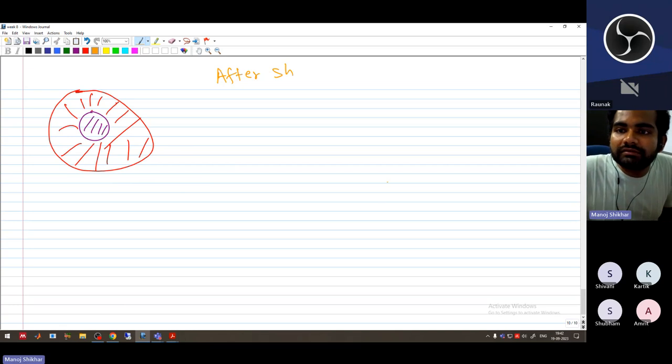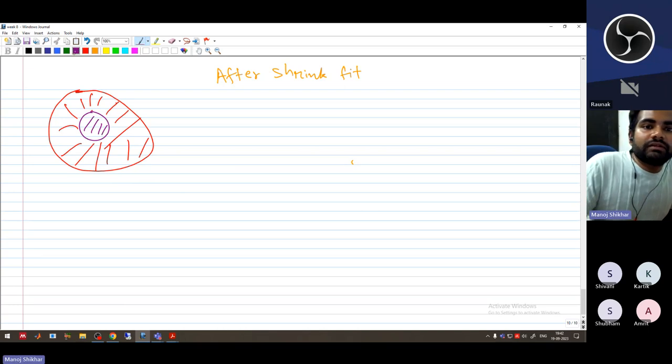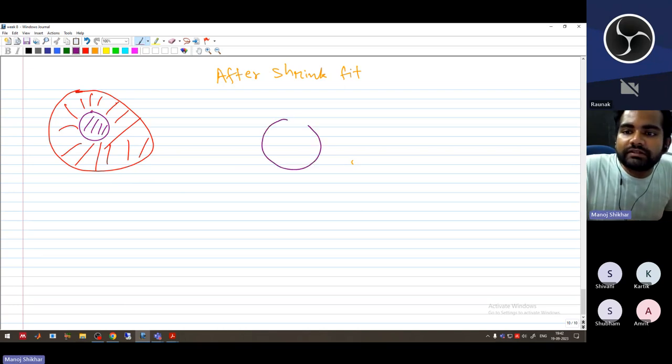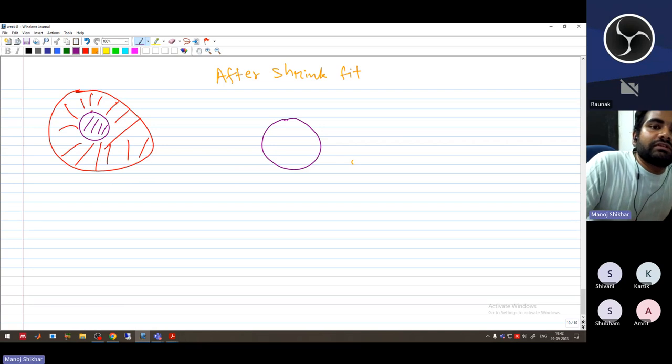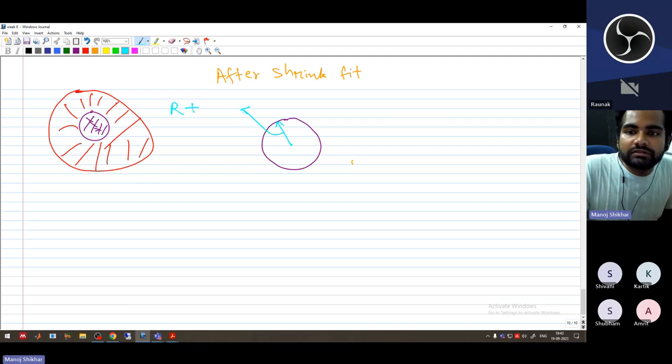Let us first see the inner part, this solid disk. Its radius will be different from R. It will not be equal to R because it has been shrink fit. So what will this be? This will be R plus